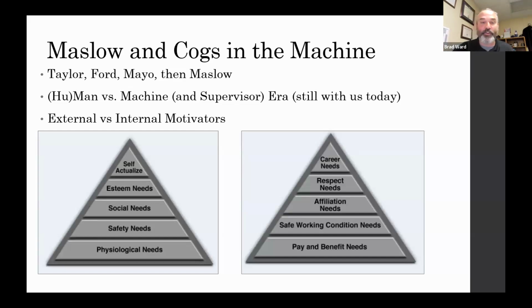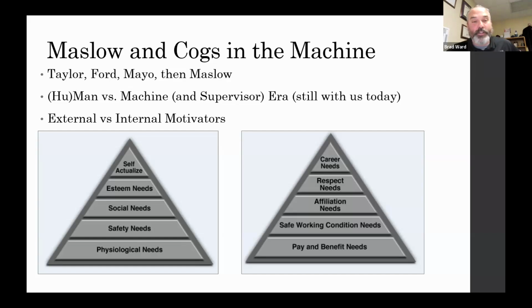So this industrial era, you're part of the machine. It's about speed. If you break your back, that's too bad. We'll find somebody else. And basically all of the rewards here are extrinsic, pay for performance. So it was piece rate: how many can you make? How much can we pay you?